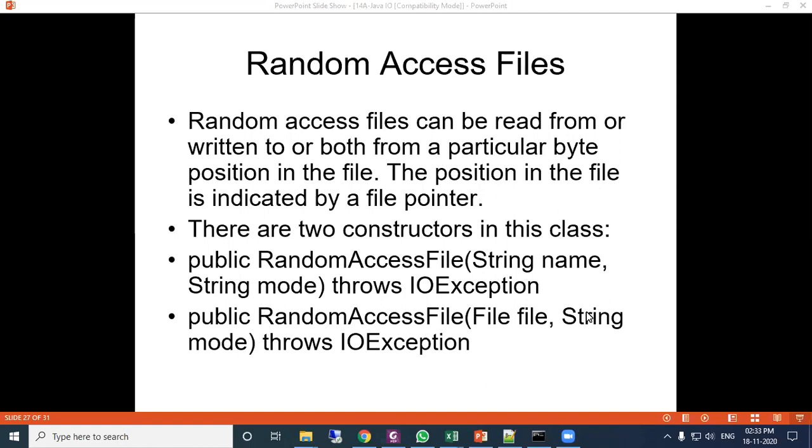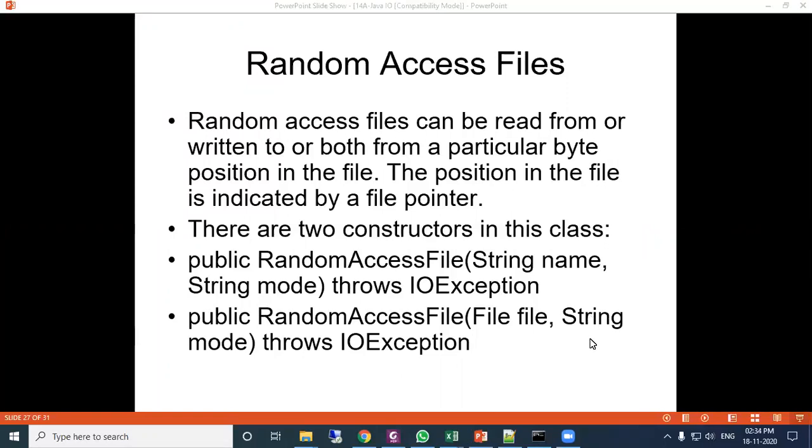Random access files means, in the previous class we were writing character by character, or a string, or data at a time to the file. Random access file is mainly used to read the data byte-wise, 1 byte, 2 byte, 3 byte, like that. And why is it called random access file? In this method, we can move the file reading pointer to a particular position, and directly we can modify the existing content as well as read the content.